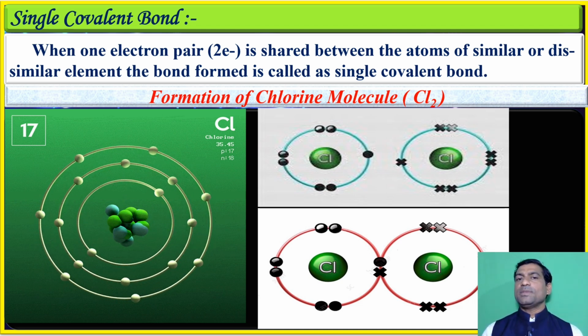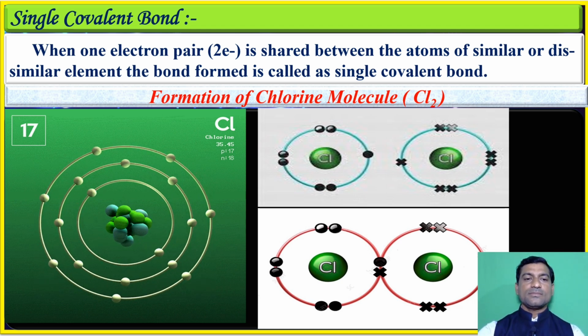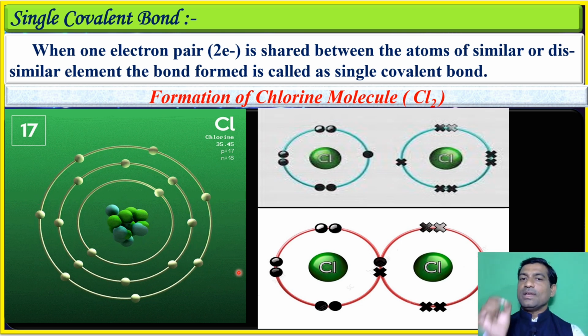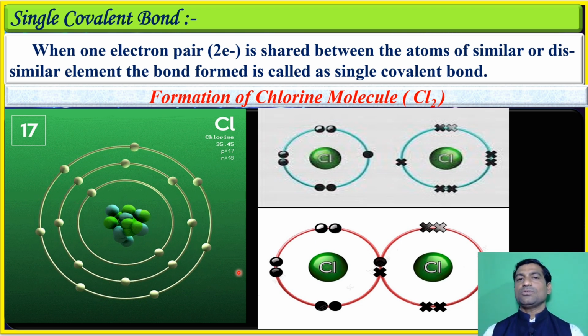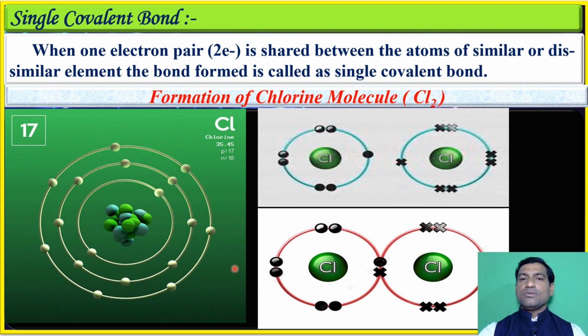For example, the formation of chlorine molecule, Cl2 molecule. The atomic number of chlorine is 17. First orbit contains 2 electrons, second orbit contains 8 electrons, and the last orbit has 7 electrons. Means the chlorine requires 1 electron to complete the outermost orbit. So the one chlorine has,